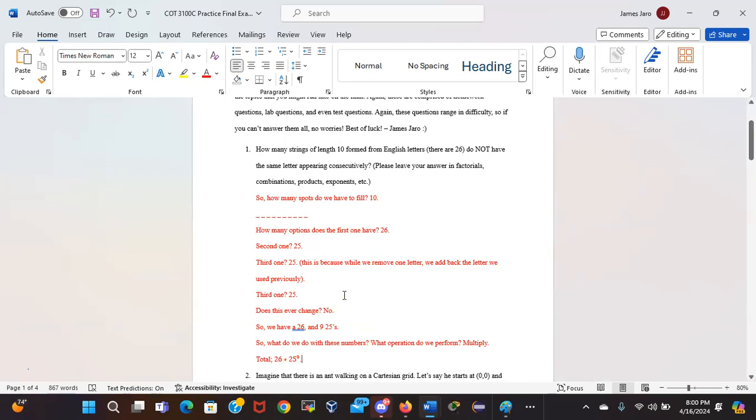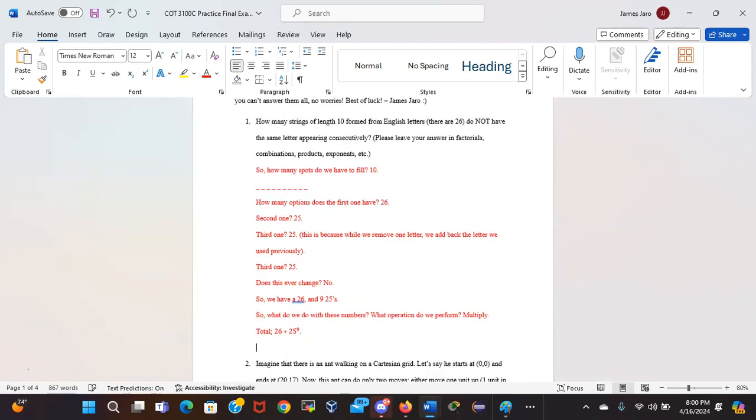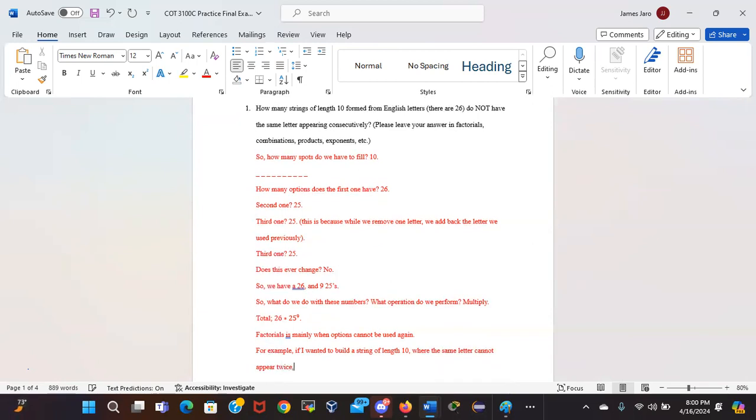When do we use factorials? Factorials is mainly when options cannot be used again. So for example, if I wanted to build a string of length 10 where the same letter cannot appear twice,